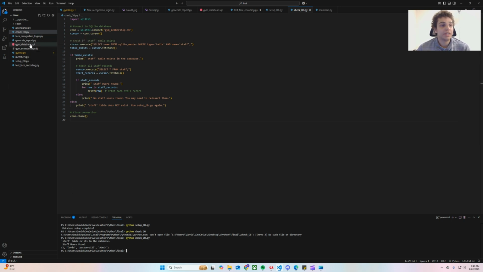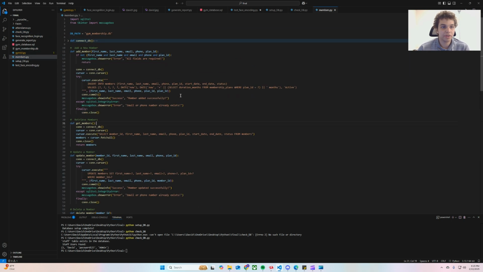So another feature, so let's go over here to members.py. Here's where all the main features are. So for a gym membership, you need to be able to add members, and this is where I'll point out